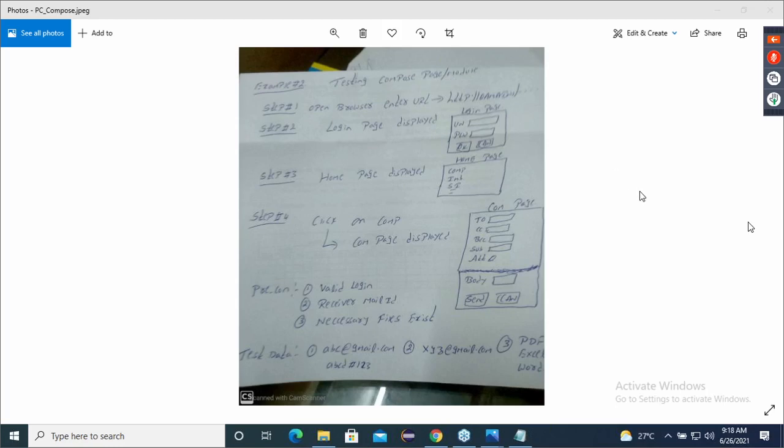Precondition is not there. What is the reason? Here you are saying no. There is no precondition. Reason: because we don't create any data, we don't create any URL.